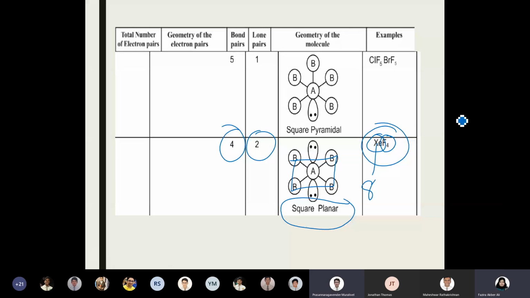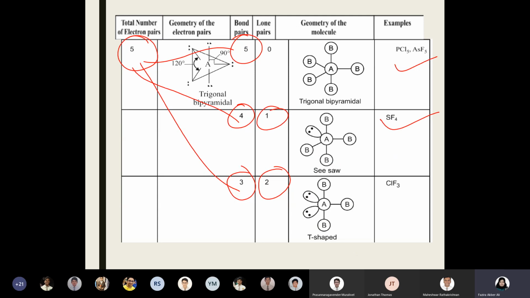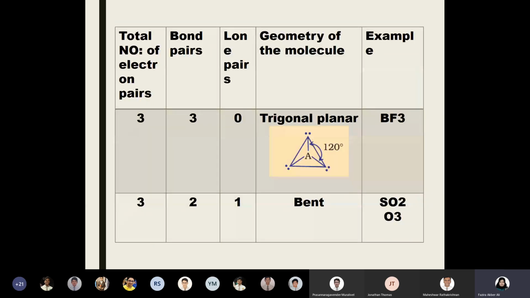Ma'am, this is the end of the table, right? Yeah. Okay, ma'am. And I will upload it today. I'll try to upload it today itself. I was just waiting for the VSEPR to complete so that I can upload the notes for VSEPR. There's nothing more in it, all the explanation is what happened in the class. Other than that, it's just a few slides of tables. That's what I said in the beginning.